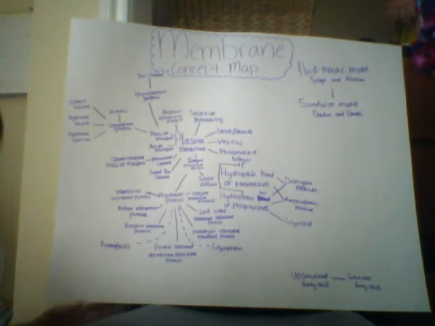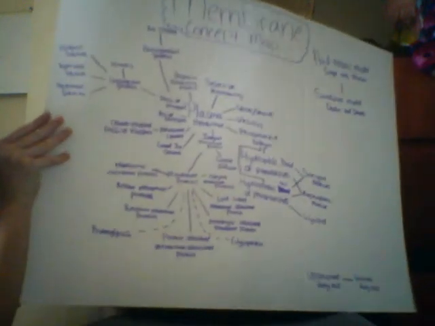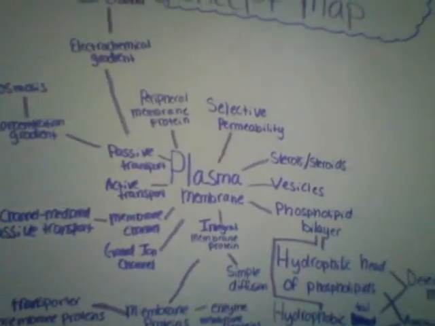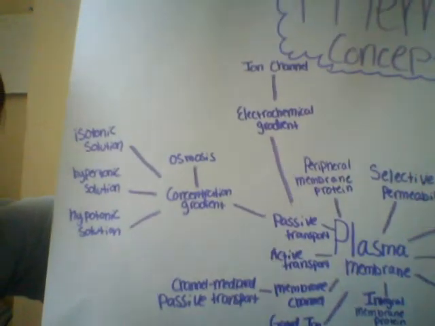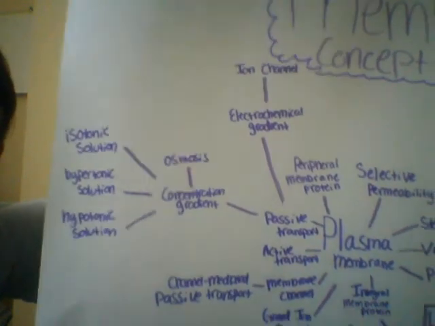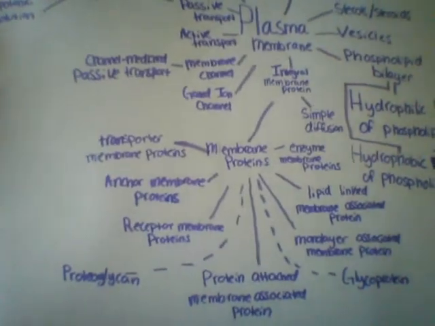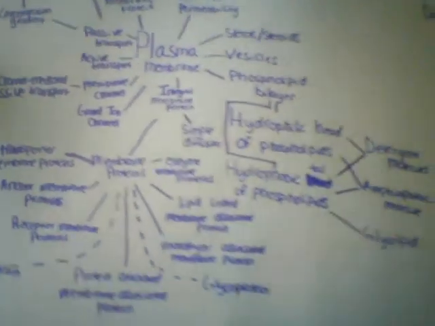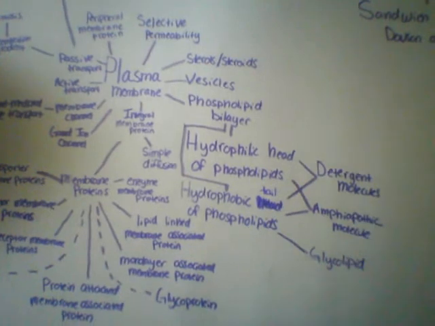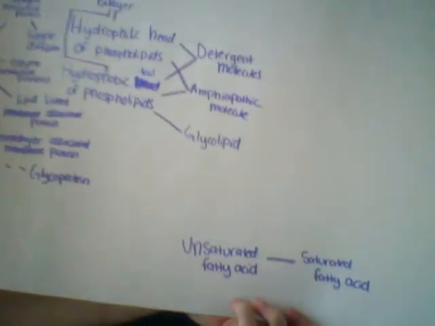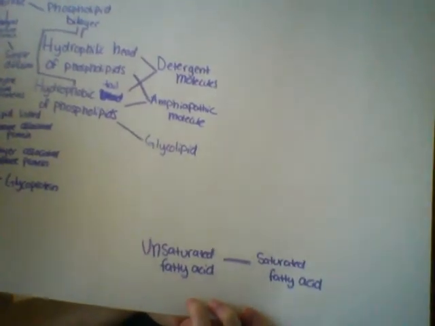And that's it. I'll zoom it up so that you can see more, and I'll just kind of move it across so you can get everything. So we have the plasma membrane, and then over here we have all of the concentrations. And down here we go to all the different proteins, and hydrophobic, hydrophilic, target molecules. And down here we have unsaturated fatty acid and saturated fatty acid. And then the two